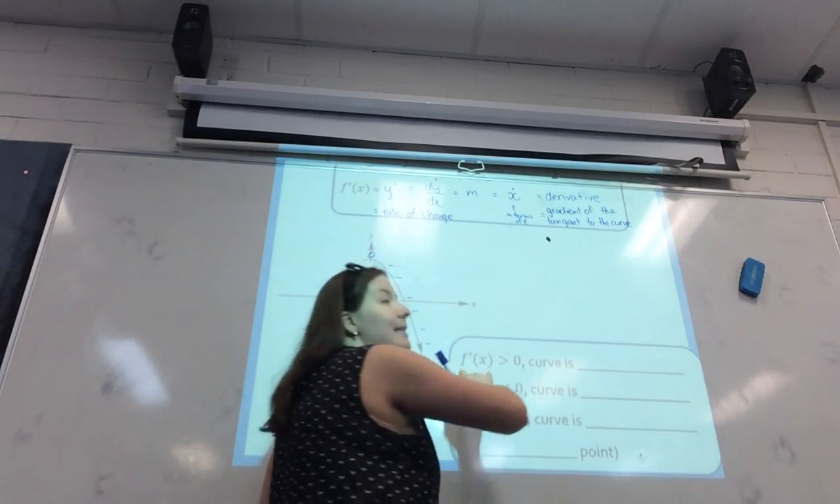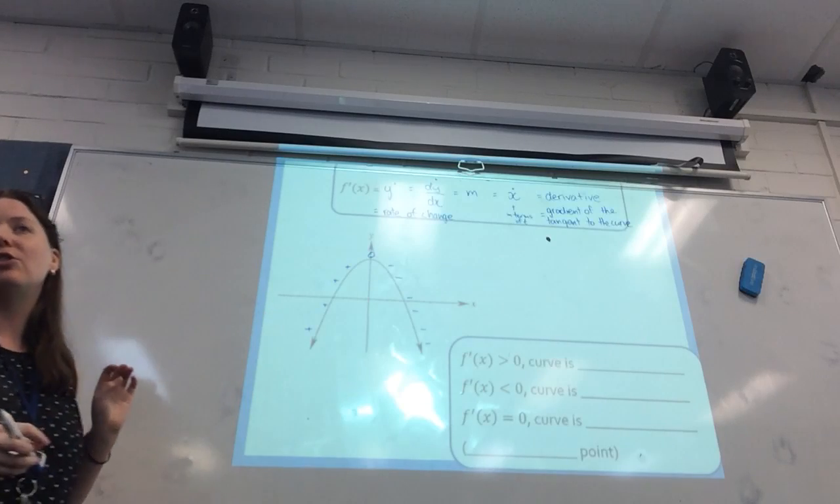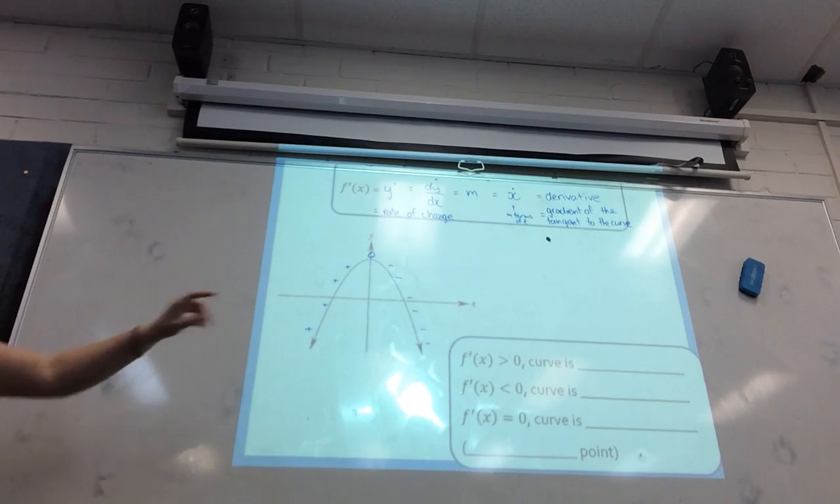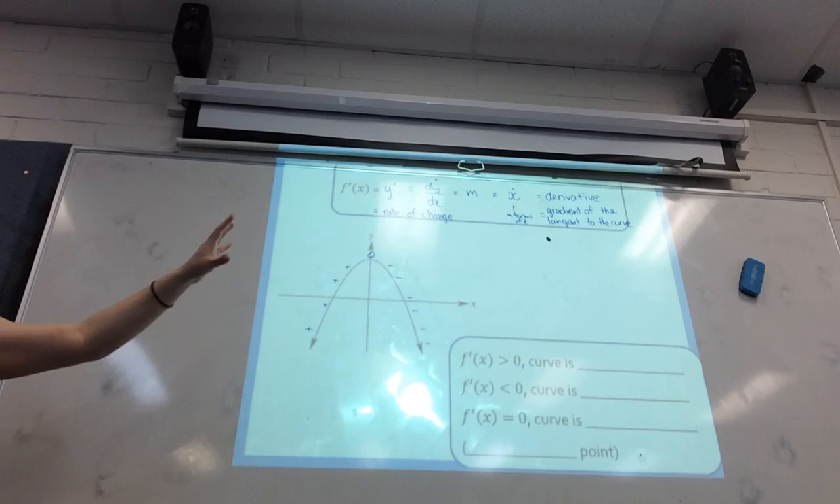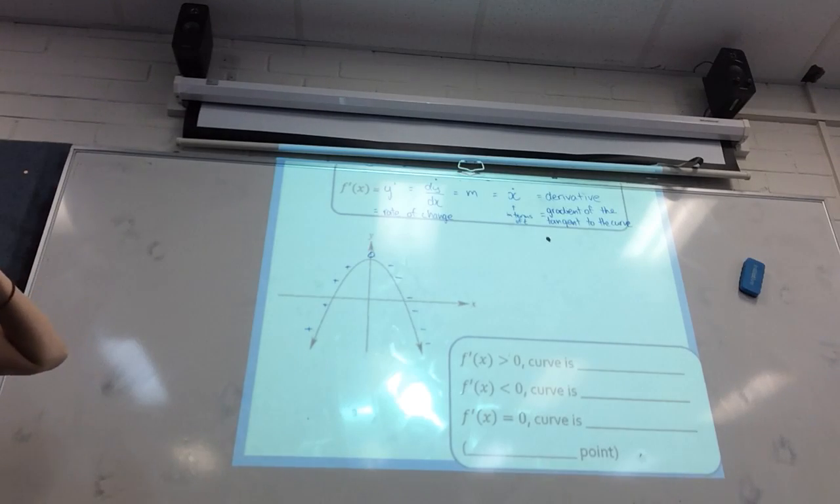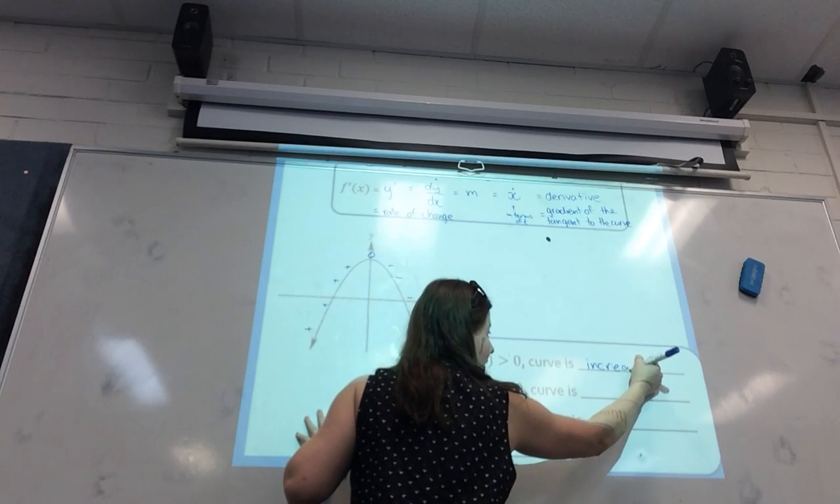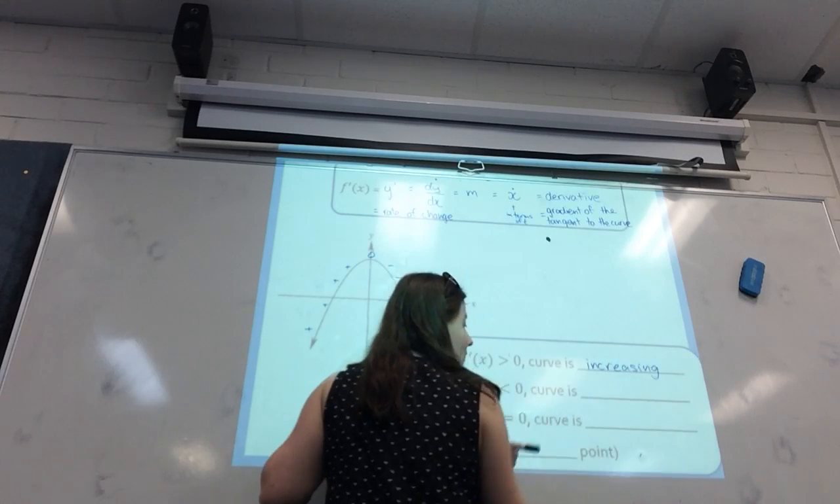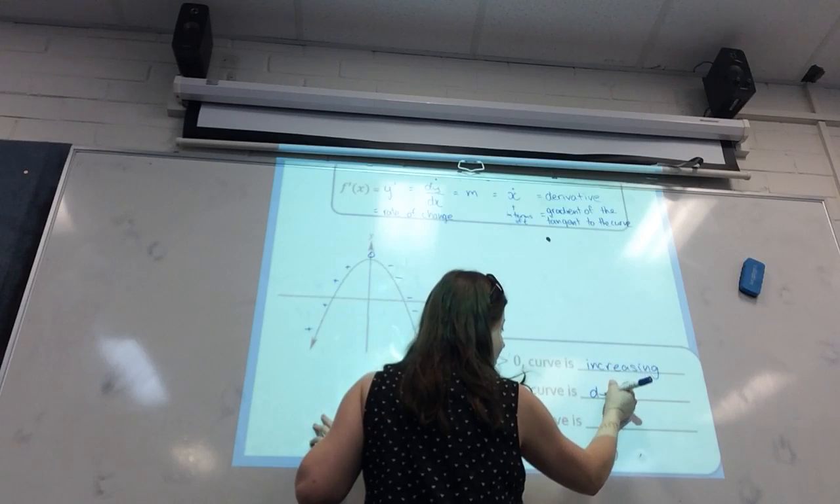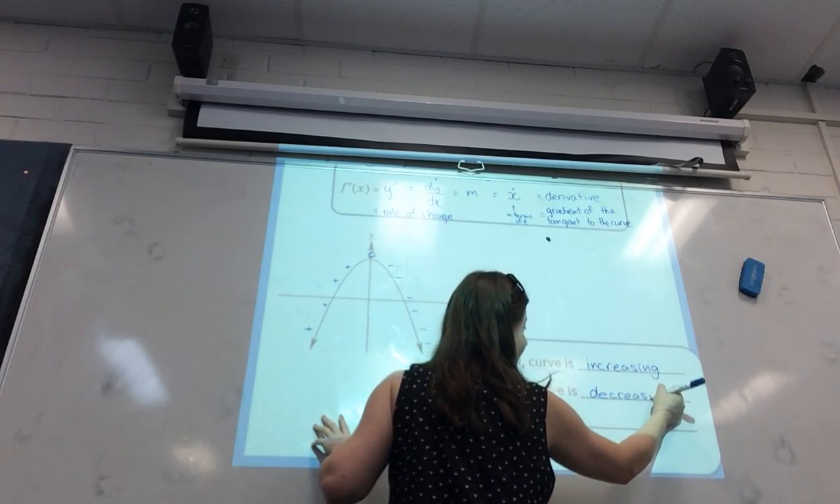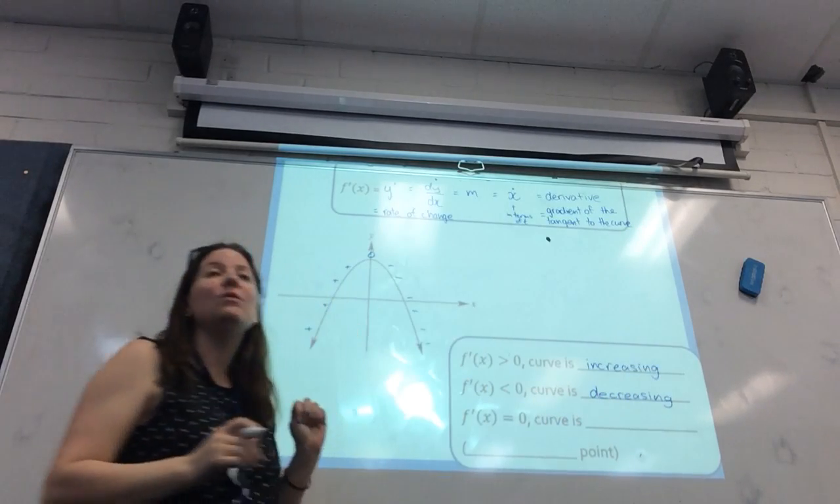All right, so we said when f dash of x is positive, the curve is doing what? Increasing. Because that's a positive gradient. When it's negative, it's decreasing. And when it's equal to 0,